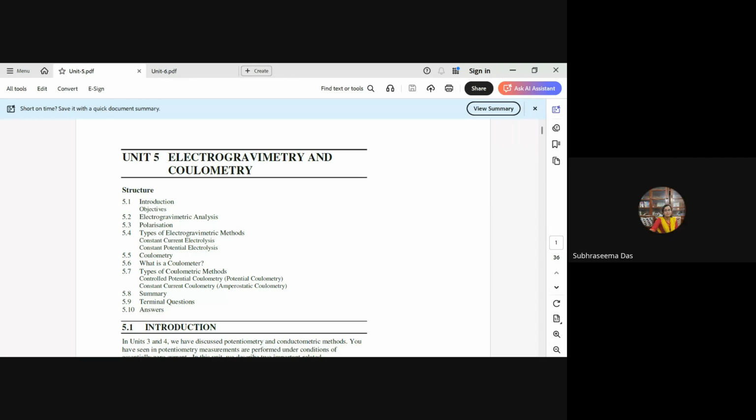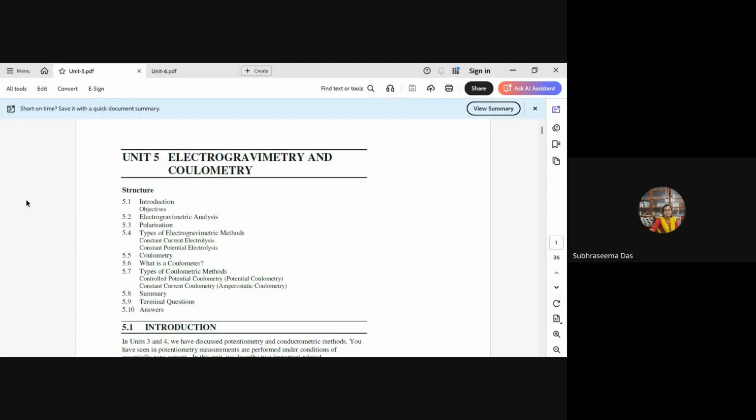So today we'll start with a new unit, that is electrogravimetry and coulometry. We are gradually completing the electroanalytical techniques. The electroanalytical techniques that today we will be dealing with are electrogravimetry and coulometry, and today we will discuss them